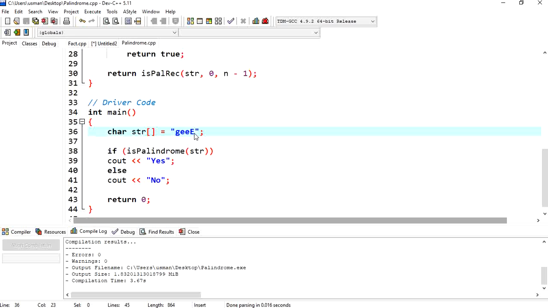So this is how recursion works in C++, and this was some examples of recursion. You will study recursion in detail in later courses, and it is very useful when you will be dealing with data structures like graphs and trees. So you must clear this concept